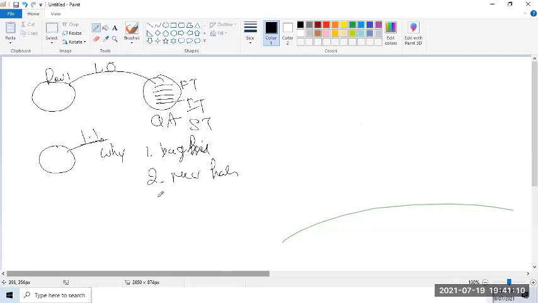Number 3, modification of the features. Very good, Vidya. So bug fixes, new feature, modification of an existing feature. And can I say deletion of the old feature? Delete old feature. Yes. Very good.